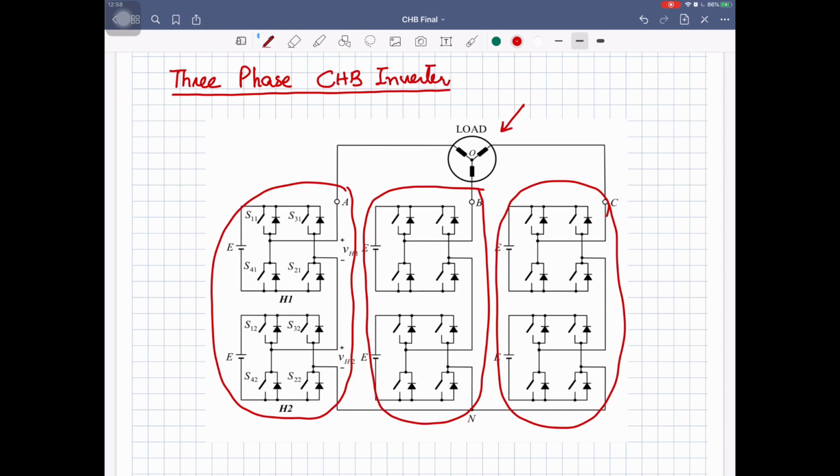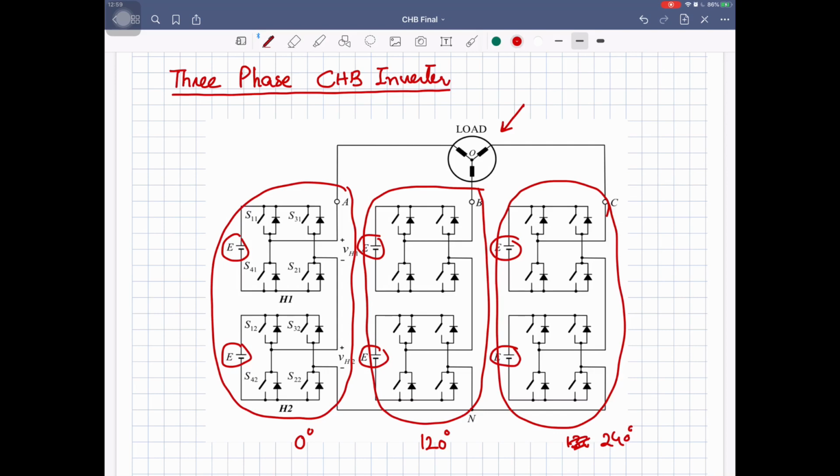If it is phase A, it will be at 0 degree, the second phase will be displaced by an angle of 120 degrees and the third phase will be at an angle of 240 degrees from your first phase. The number of steps and the switching combinations will be exactly the same but delayed by the time such that you get 120 degree angle displacement between them. So you can select E, E and E over here, and some other combination can be selected over here, multiples of your E, to construct the output voltage waveform.